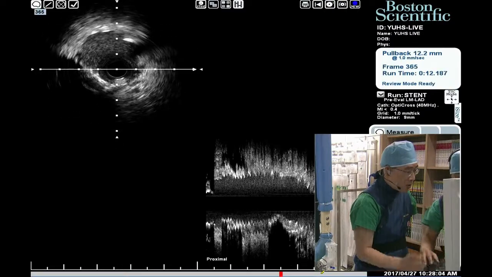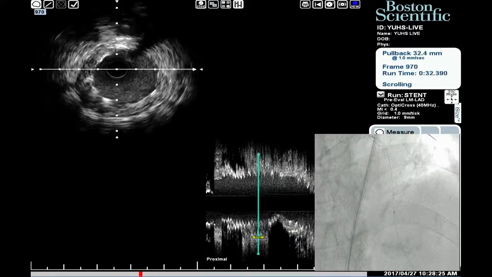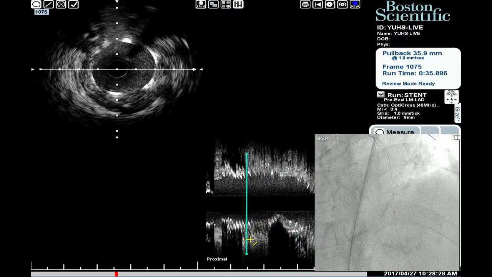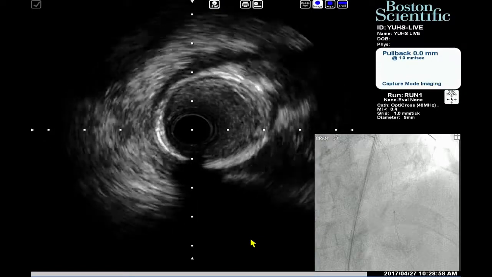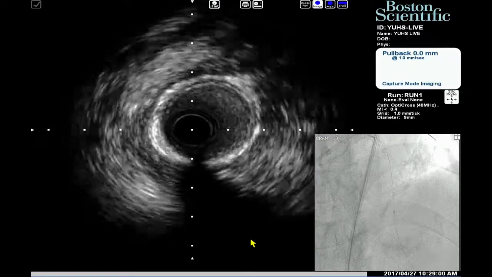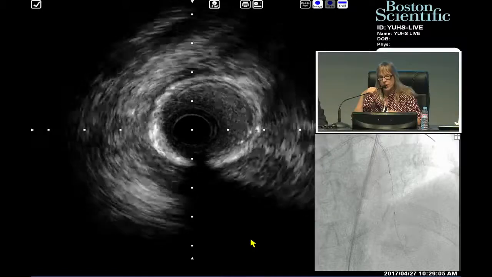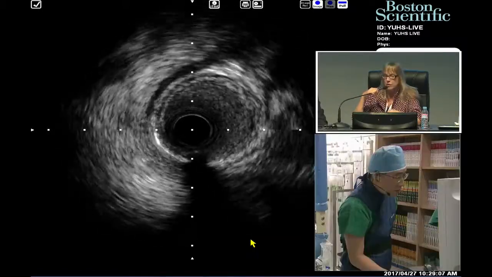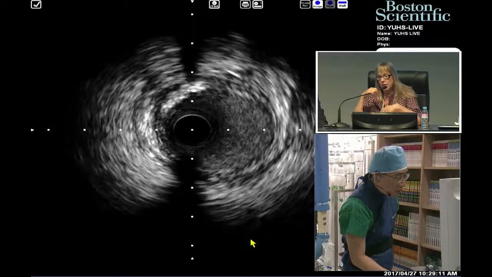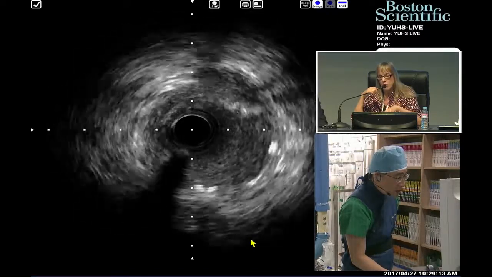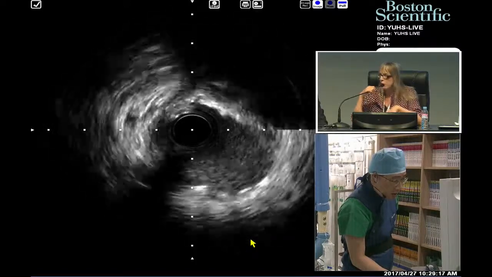Maybe we can discuss stent expansion. Who wants to say something about that? Okay, once again, IVUS again. I think distally we see that we have nice stent expansion, no distal edge dissection, which is important. If we go further proximally, we saw already on IVUS that the ostium of the circumflex is wide open, which is very reassuring. And now the discussion is whether or not the left main stent is well expanded or would benefit from additional post-dilatation.